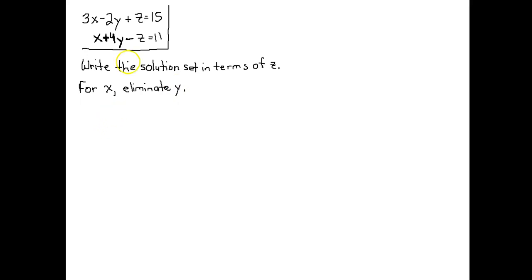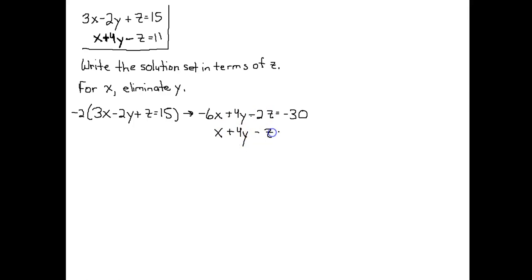Okay, so to eliminate y, let's take 3x minus 2y plus z equals 15. Let's multiply through by negative 2. And then let's take that second equation, x plus 4y minus z equals 11. Add them together. You're still going to have two unknowns. You have one equation with two unknowns. And what you're going to do,